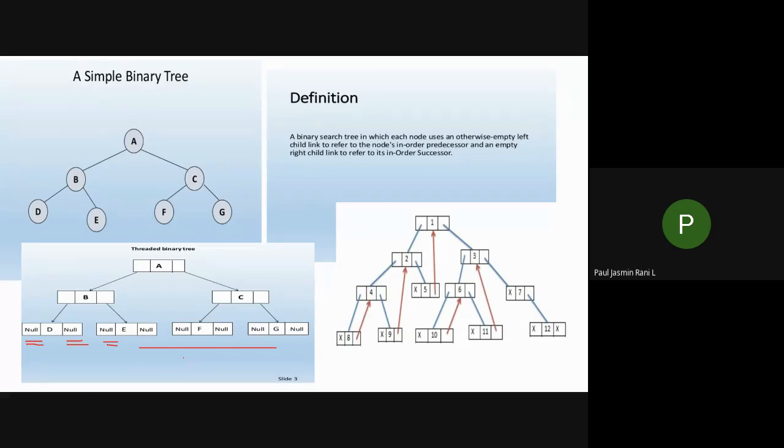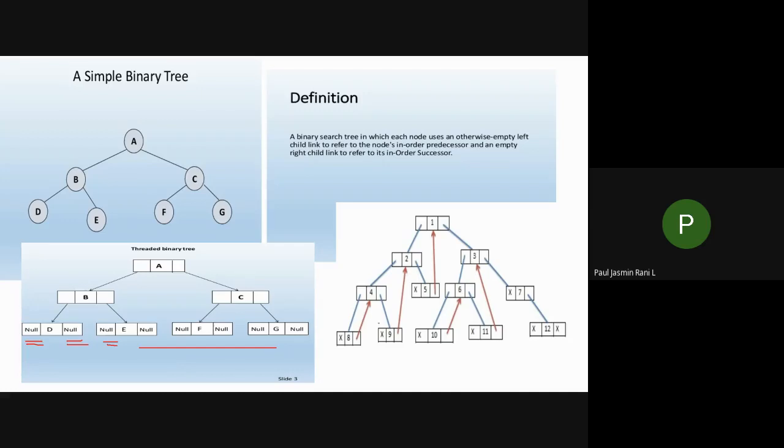This backtracking happens in a normal binary tree, which takes more time. So in order to avoid that and speed up your traversal, they introduced a topic we call a threaded binary tree. Threaded means they use one thread. Using that thread you can make your traversal faster.